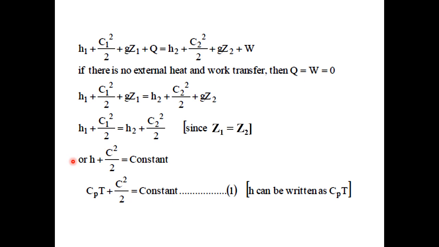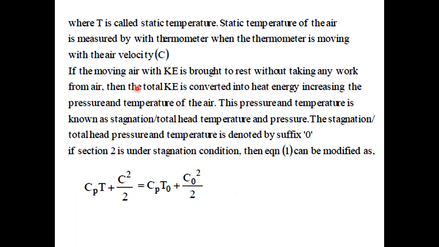We know that enthalpy h can be written as Cp into T, where Cp is the specific heat at constant pressure, so that we can write at the end Cp T + C²/2 is equal to a constant, which we name as equation number 1. In equation number 1, we got Cp T + C²/2 = constant, where T is